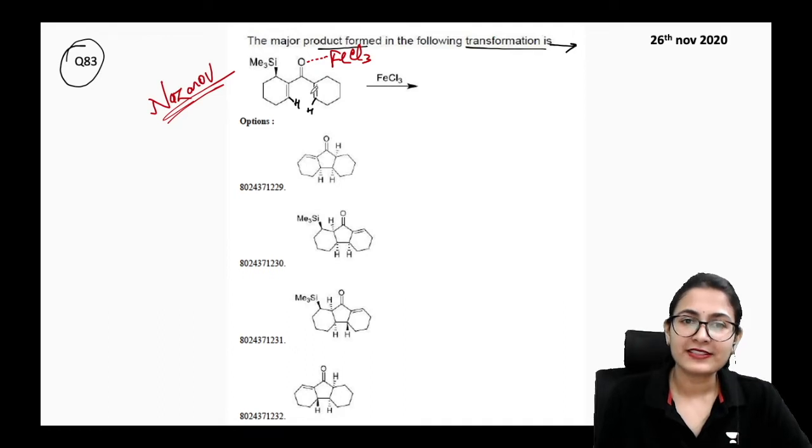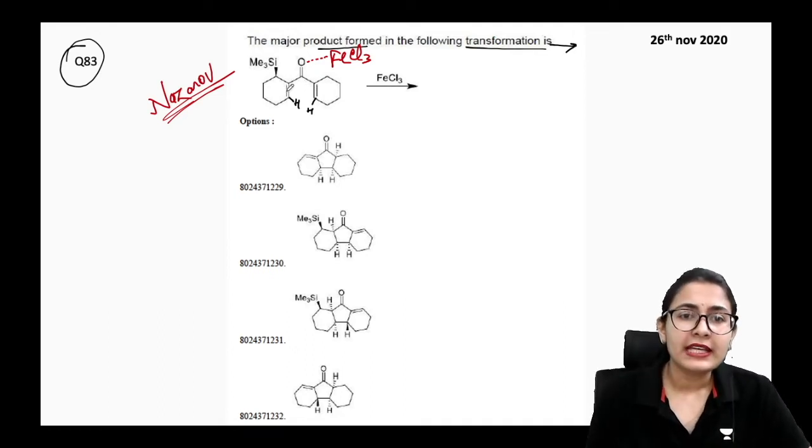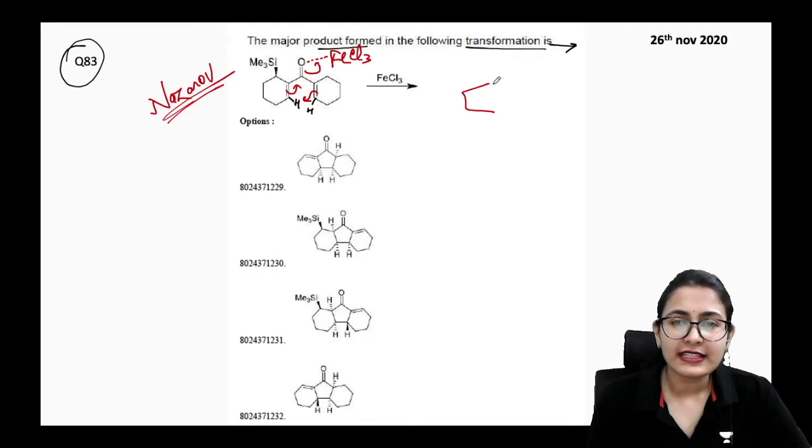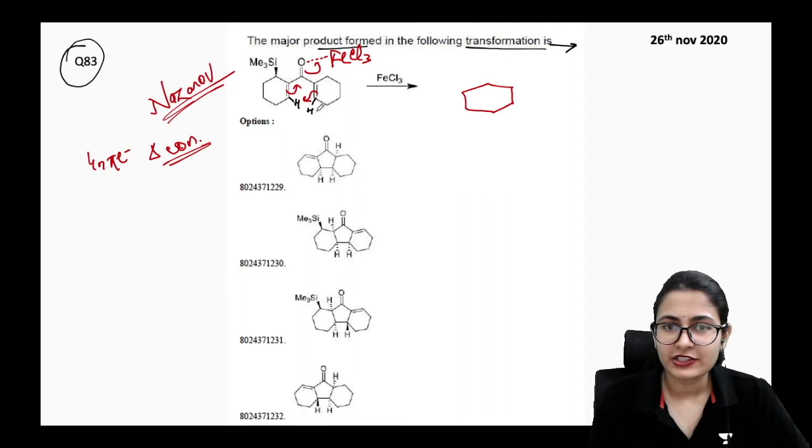Here FeCl3 is given. One of the bonds is going to open up. Let's say this bond is going to open up like this, and this bond attacks. So it is, guys, a 4n